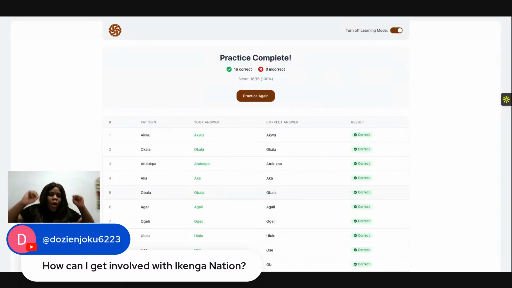Yes! I got all of them correct. I knew I would eventually get all of them correct. Now I remember all of them. I got 100%. See that? So I got 100% on this. I've officially memorized all of the